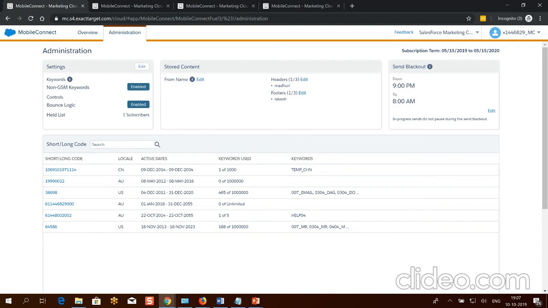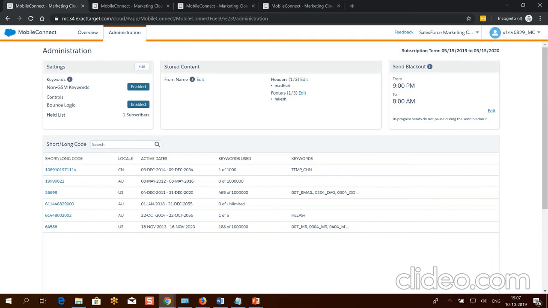Mobile Connect logs a message: we send a message to different subscribers, and if it fails and the message is not delivered to the subscriber, then it is in the logs of bounce messages. Okay, how does Mobile Connect communicate?